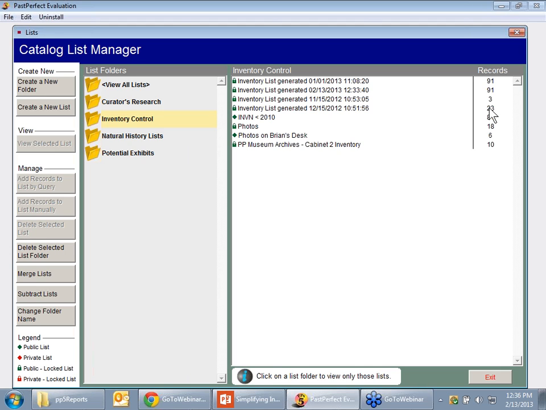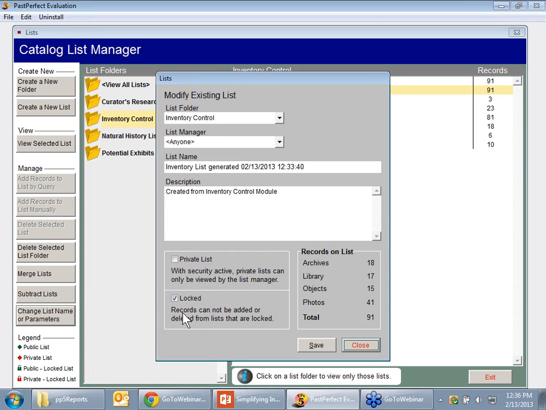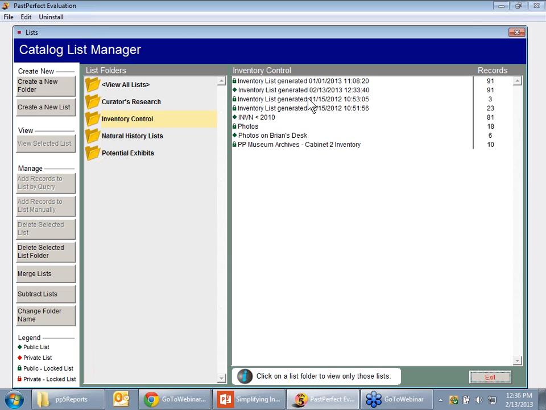You could remove items from the list as they're inventoried, so you can see what we still need to go find. And here's the way you do that. So right now this list is locked. And what that means is, if you read down here, records cannot be added to or deleted from a list that is locked. So I need to unlock the list in order to be able to remove records. So I'm going to hit Save here, and then I'm going to go into my list,